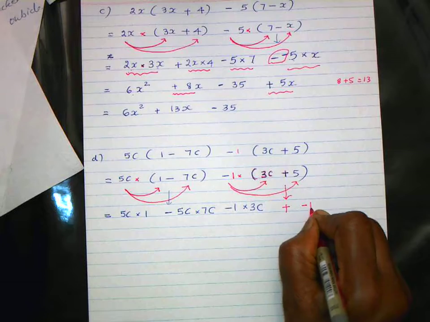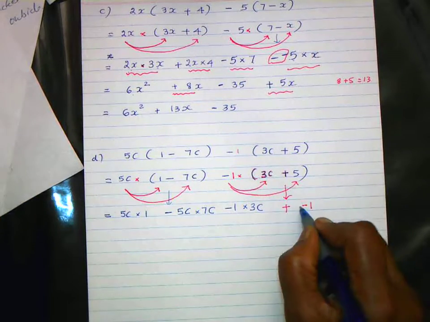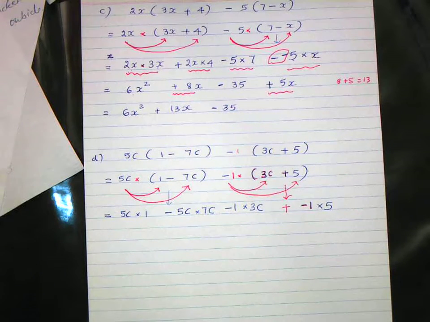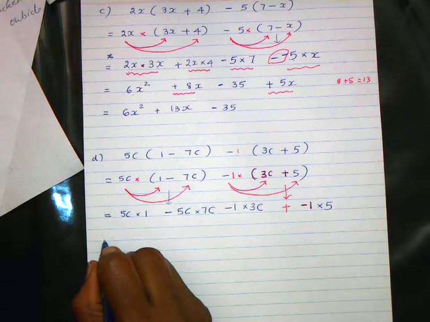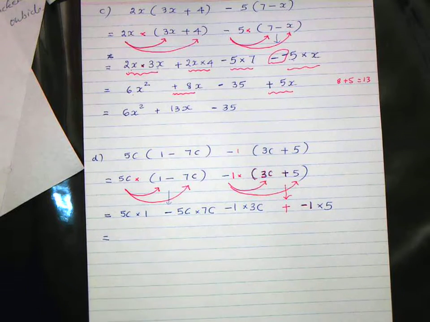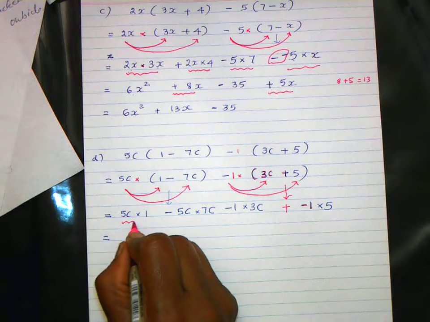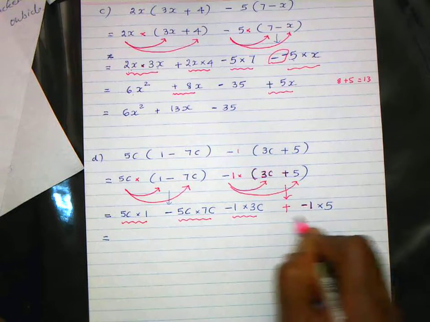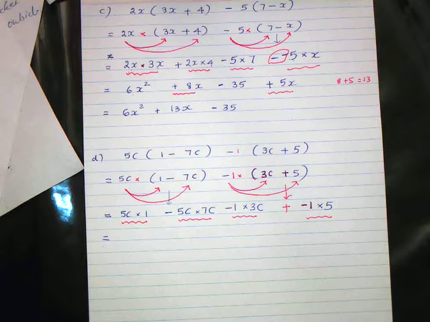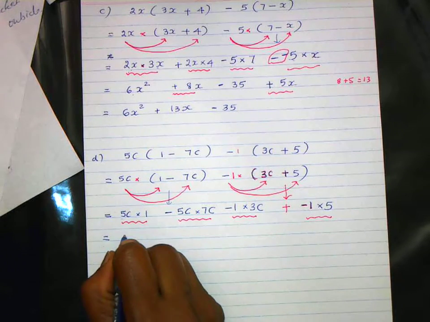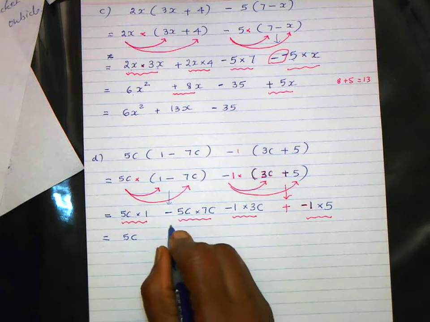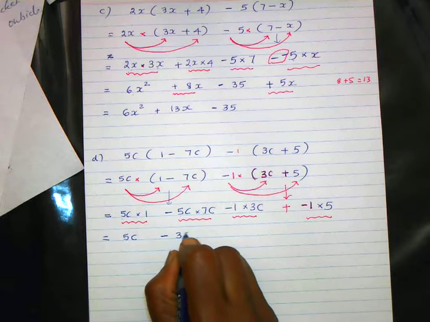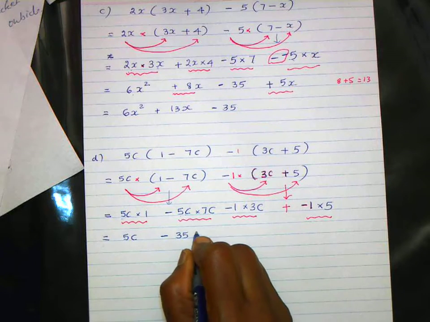Then this sign comes down, which is plus, then minus 1 times 5. Okay, there are 4 terms here. First term is 5c times 1, second term is this, third term is this, and fourth term is this. So first term 5c times 1, which is 5c, minus 5 times 7, 35, c times c, c squared,